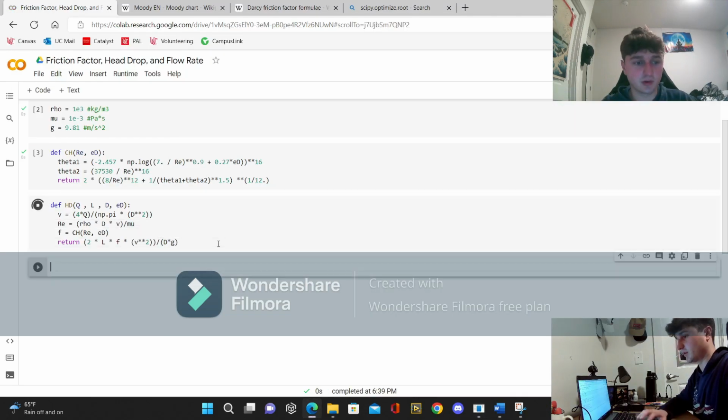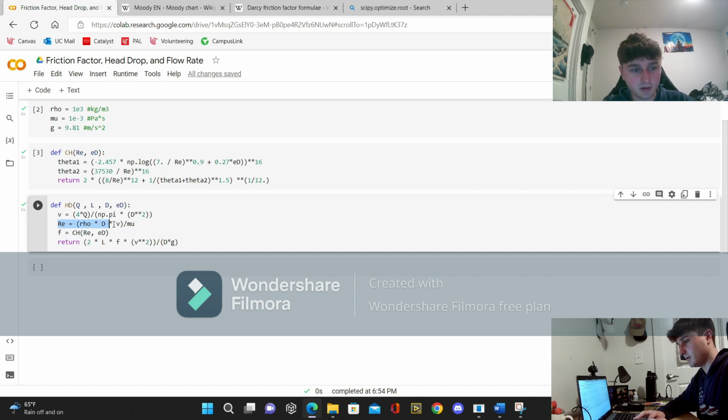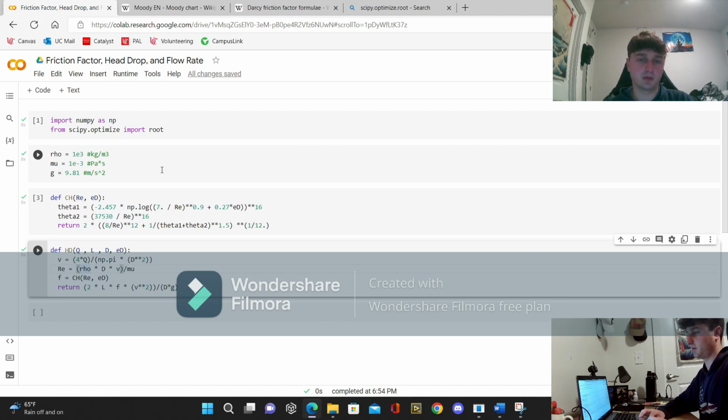The second situation that we're going to have is pretty much the opposite of what we had before. We're going to have a known head drop, and we need to figure out what flow rate will get us to that certain head drop. Now, we encounter an issue with that. When talking about flow rate, velocity comes up in a couple of different places in our Bernoulli's equation, in our whole system that we had set up in the beginning of this video. Where does it appear, you may ask? First, it appears in the Reynolds number. Secondly, it appears in the flow rate itself, and then it also appears in the Fanning friction factor itself. So we have 3 different places where this is going to show up, meaning that we're going to have a set of nonlinear equations,